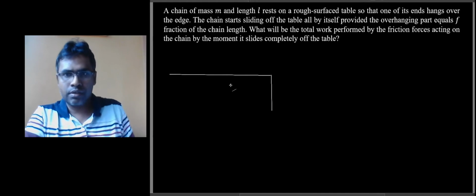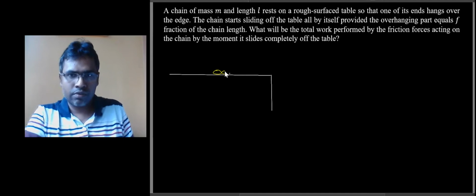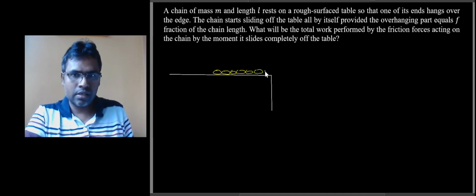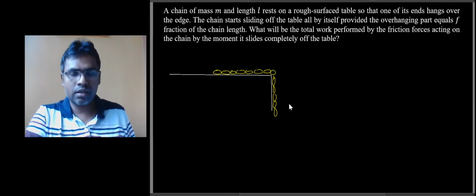Let me draw a chain here. You'll have to excuse my diagram. Pretend that the chain is uniform. What do I mean by that? All the links are of identical shape and size. Okay. Now, if f fraction of the chain, let's say, hangs over the edge of the table,